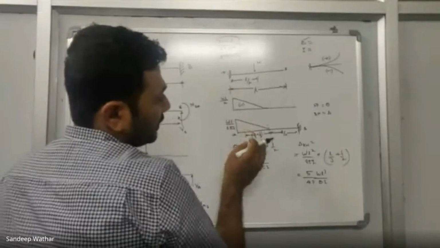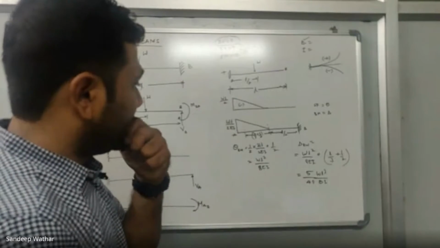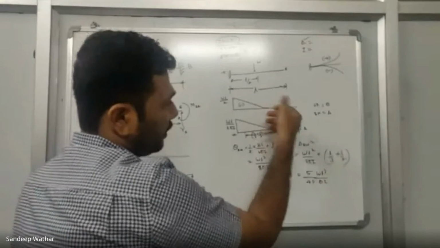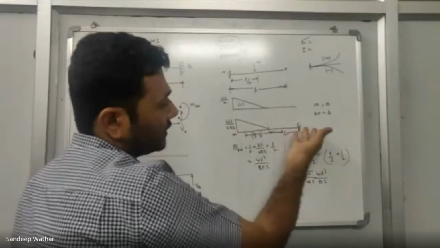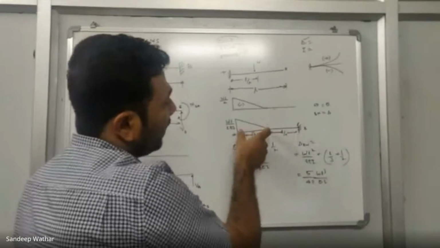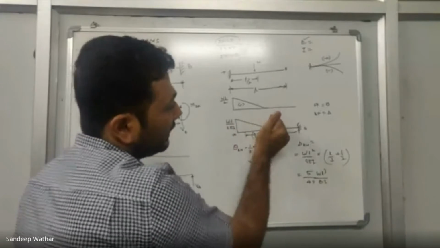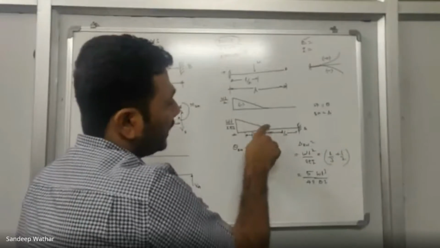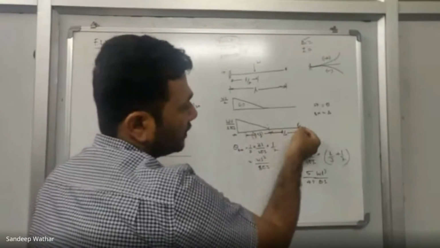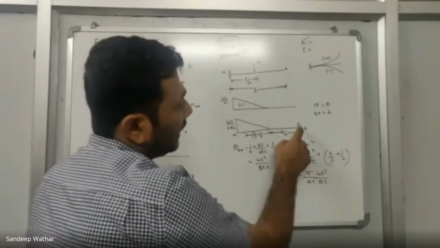Then we superimpose this. By superimposing, let us see how we calculate the slope at any point in the beam. I gave an example. You can solve the slope at whatever distance you want. For example, if I had to solve this here, I have to calculate the shear force on the conjugate beam till that point. That will give you the theta at that particular point. Now my aim here is to find out the slope and deflection at B.